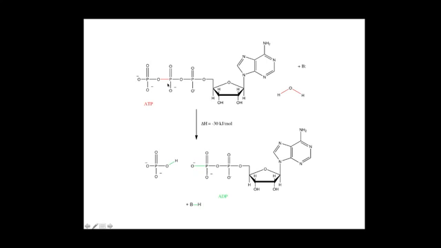So the big difference here is the phosphorus-oxygen bond that is broken here costs a lot less to break than you get back from the phosphorus-oxygen bond here. In other words, this phosphorus-oxygen bond is much stronger than this one is. There's a number of reasons for this, one of which is that the whole